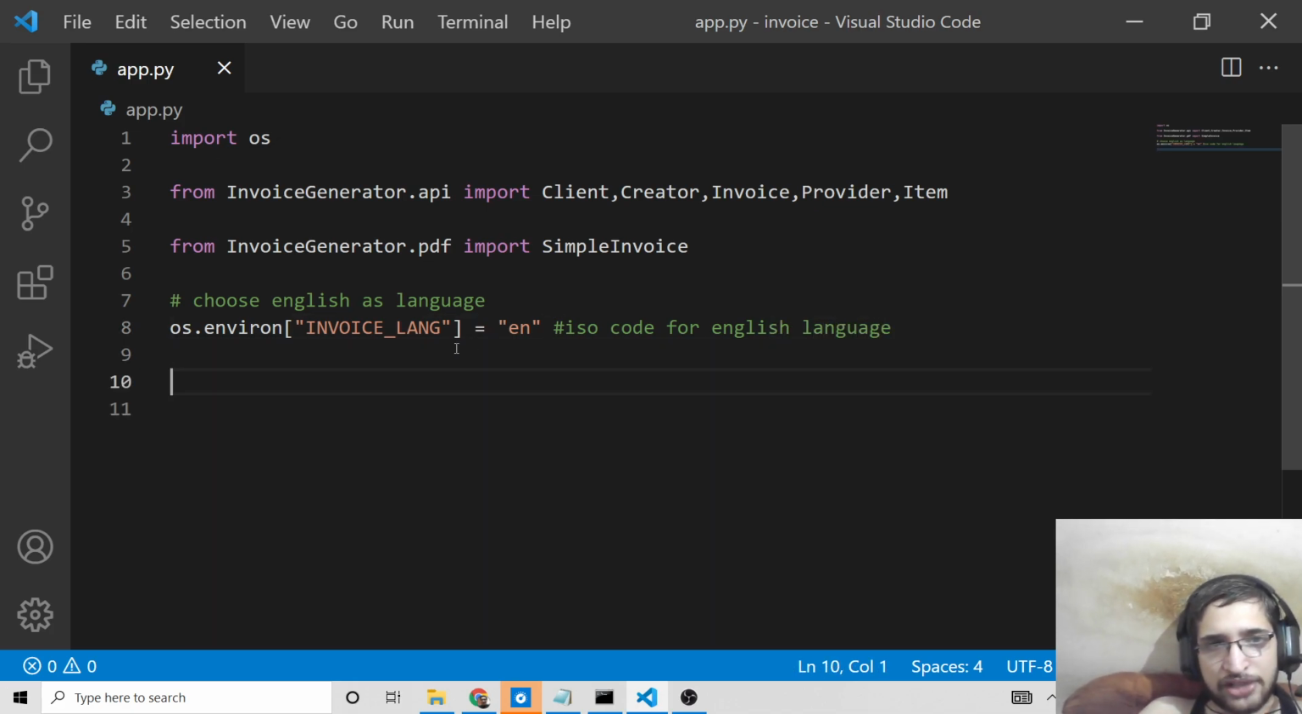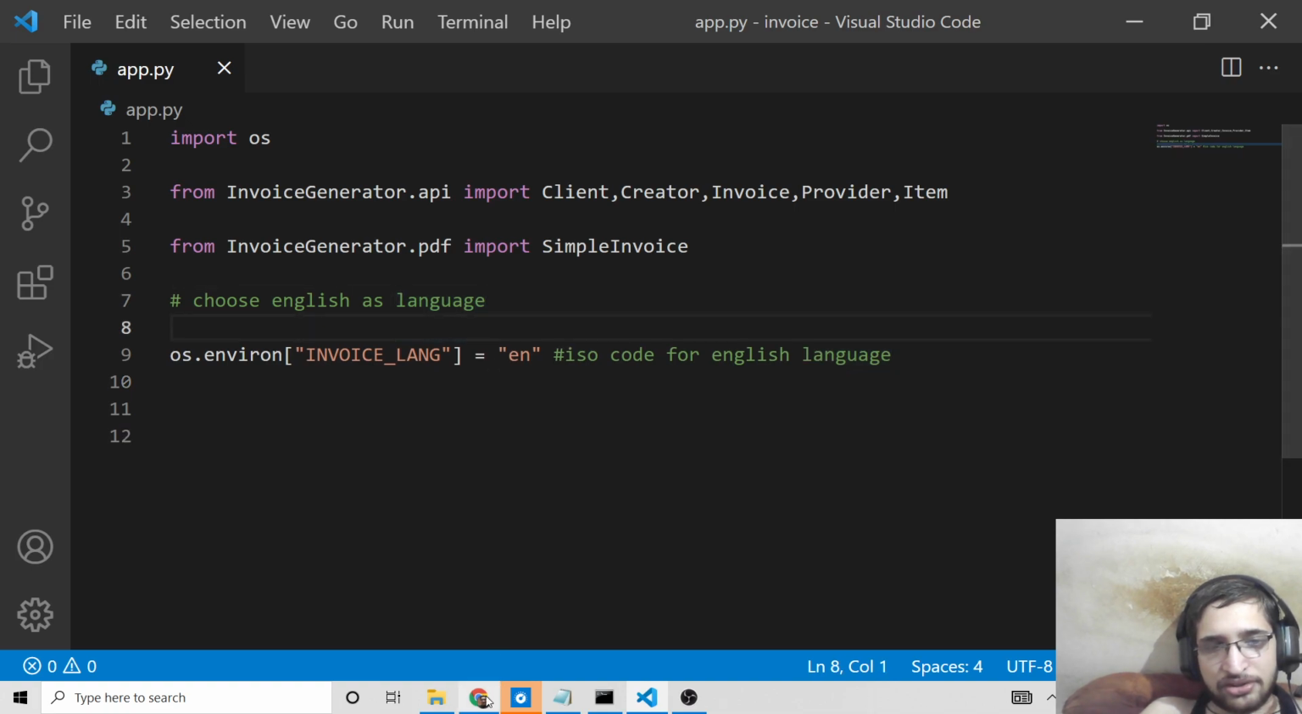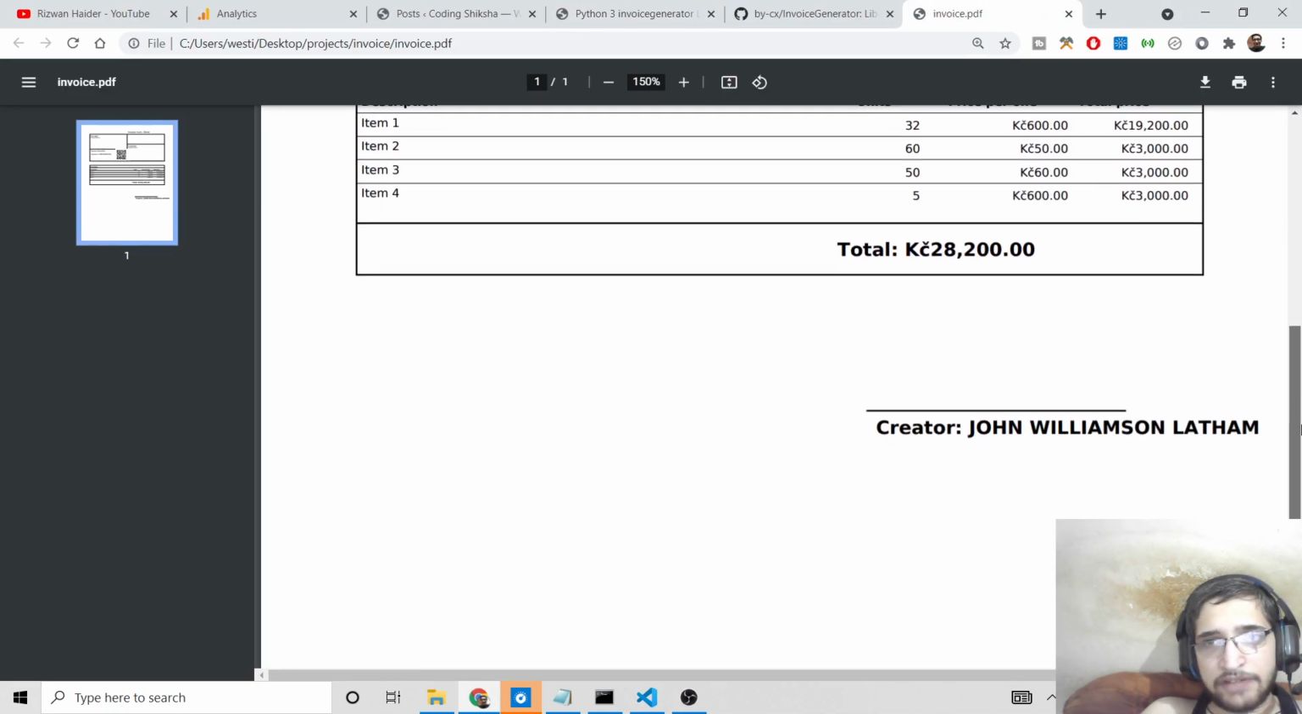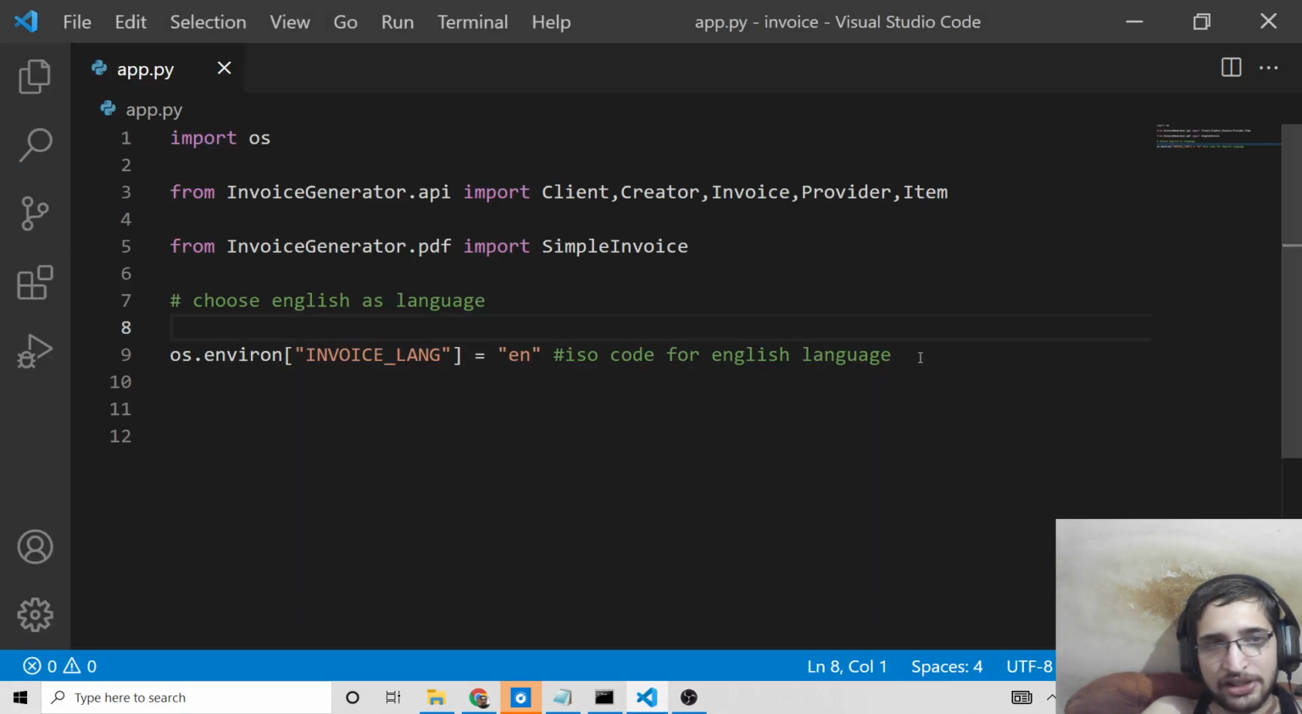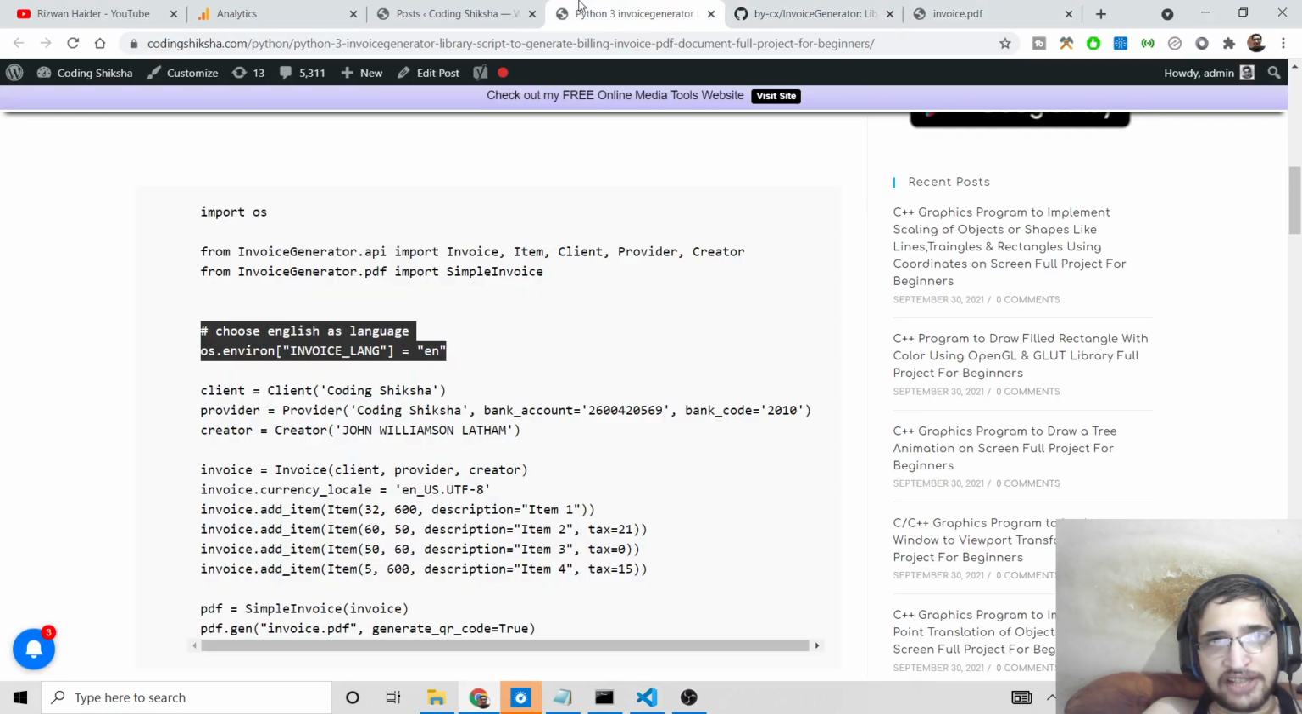Then we need to set the creator name, which is there at the bottom of the PDF document. So you will see John Williamson Latham. So you can change this creator name as well. So for setting this creator name and all that stuff, we need to write these three lines, which if you